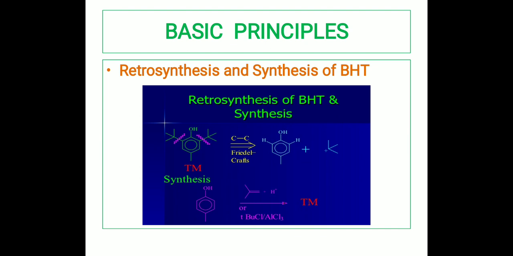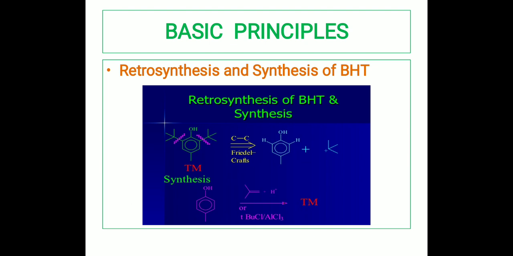That is, we are going to disconnect the tertiary butyl groups on either side. The pink wavy lines are the disconnection between the alkyl groups and the benzene. When we disconnect, we write the retrosynthetic arrow, and above that we write C-C bond. That is, the disconnection is between the C and C on either side of the benzene. Below that is the Friedel-Crafts alkylation, because we have the alkyl group, a cation, which is going to attack the nucleophilic benzene.